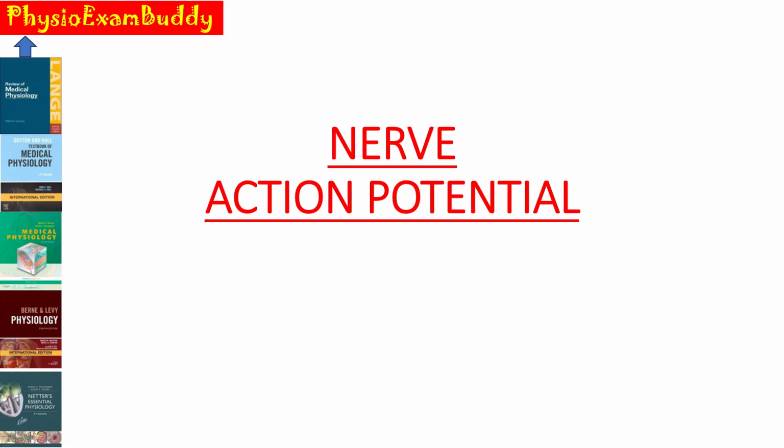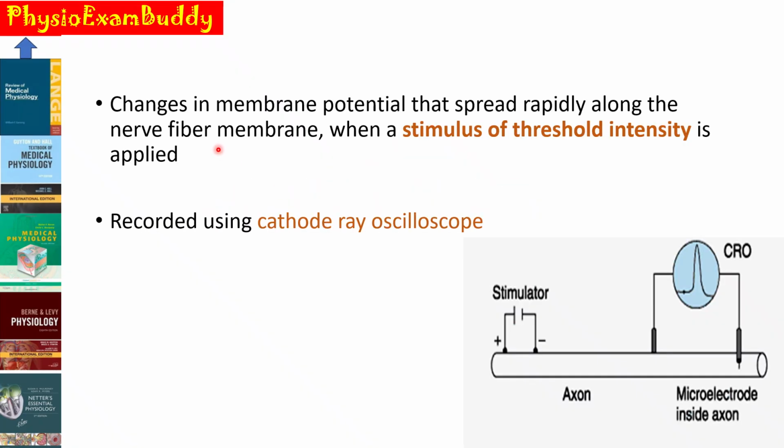This video is on the nerve action potential. First, about the definition of the nerve action potential. Changes in the membrane potential that spread along a nerve fiber membrane when a stimulus of threshold intensity is applied. It is known as the nerve action potential and it is recorded using an instrument which is known as cathode